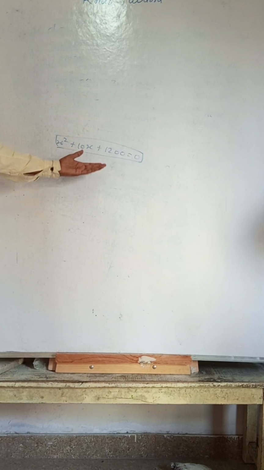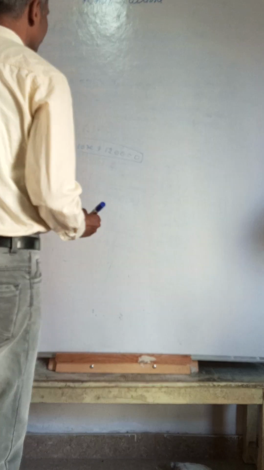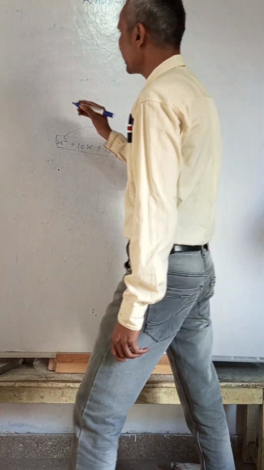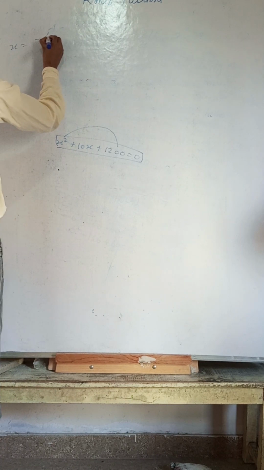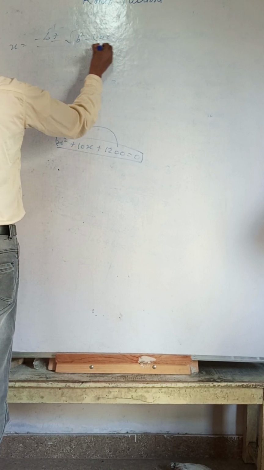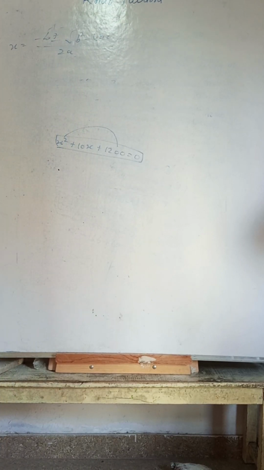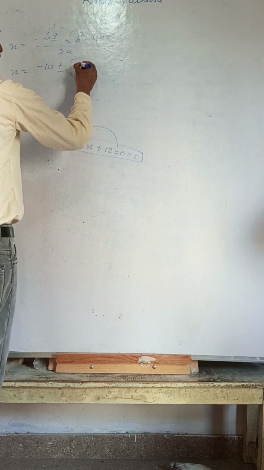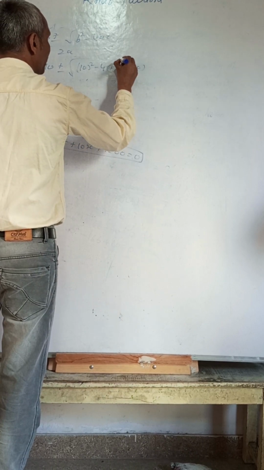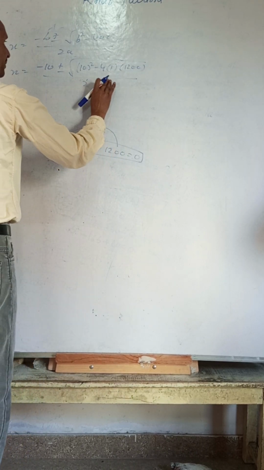Suppose in that we are going to do it by completing. So what number is this? It is 120 and 100. Okay, let us use the quadratic formula: x is equal to minus b plus minus root b square minus 4ac by 2a. This is the quadratic formula. In that we write x is equal to minus b, value what? Minus 10 plus minus root 10 square minus 4 into a 1, c 1200, by 2a, 2 only. A means 1.